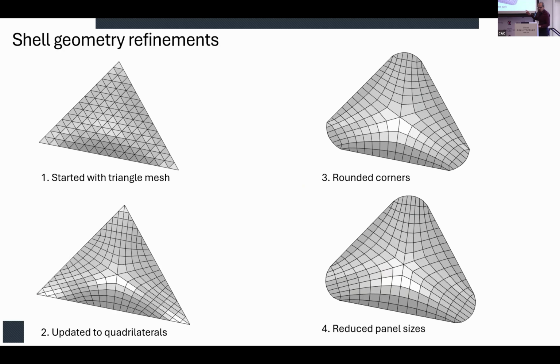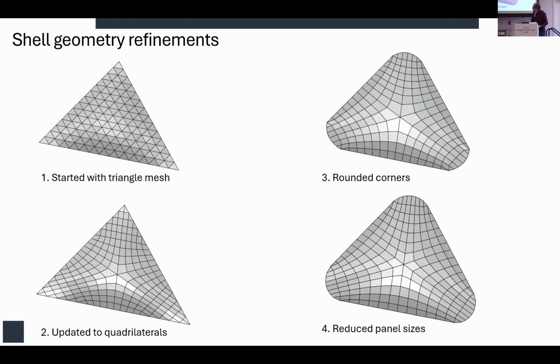This has gotten way easier, guys. You can do this in Kangaroo now, right? You used to need specialty software to be able to do it. Rounded corners was an architectural design decision. Reducing the panel sizes was a constructability constraint. You had to have sizes that were easy to fabricate and ship that didn't incur extra costs,